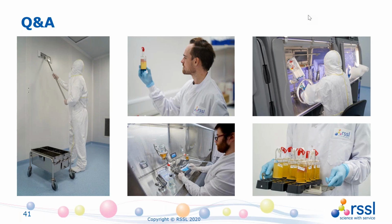So I think with the suspension test, the manufacturer should have done most of this. The only reason I think you might want to do that is if you've got particular environmental isolates that don't really feature in the manufacturer's data, and you're a little bit worried about how it's going to perform. The suspension test is a quick test, so you can check it against your environmental isolates before you launch into surface studies. But if you have a degree of confidence, then you can go straight into surface studies and accept the manufacturer's